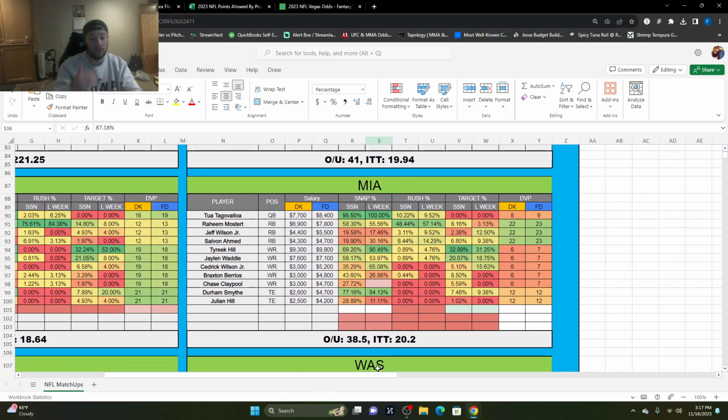We get to Miami. We know what Miami gets. So the Raiders have actually been pretty good against the quarterback. They rank 8th on DraftKings, 9th on FanDuel. I'm still okay with that because Tua is Tua. He can run, he can throw, he's got the targets to throw to. You've got Tua, you've got Mostert,